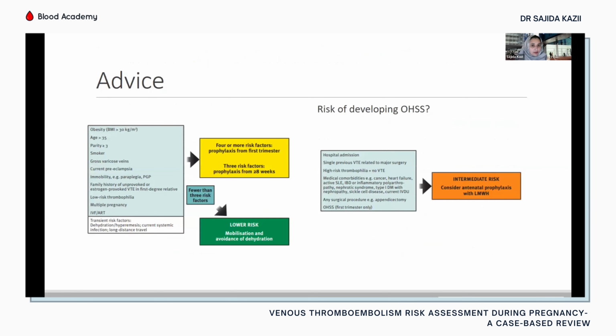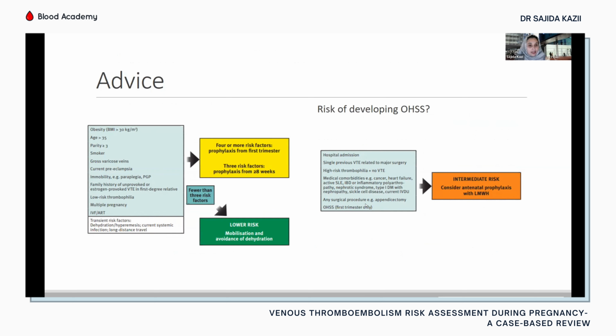and the advice we get from RCOG is, again, women who are undergoing IVF or assisted reproductive technique, we need to assess for other risk factors and also take into account transient risk factors. But if it is ovarian hyperstimulation syndrome, then you would offer antenatal prophylaxis, but only for the first trimester, so